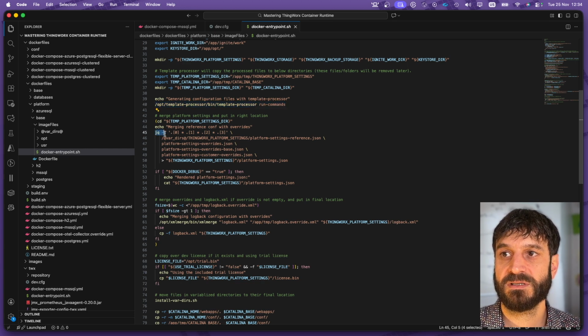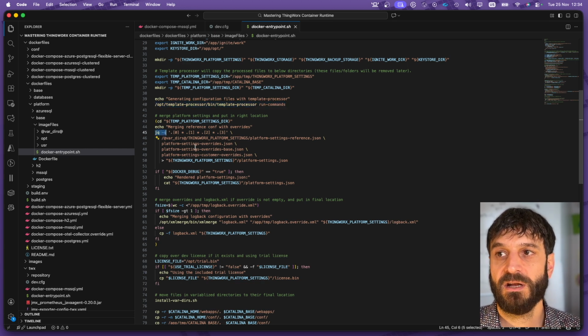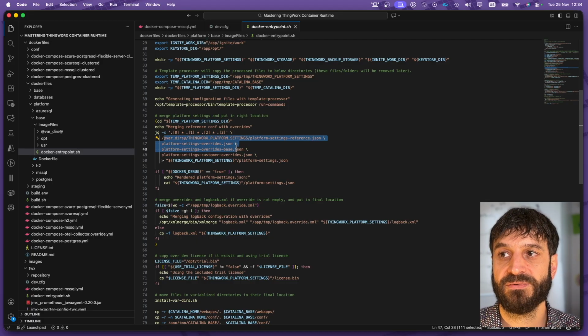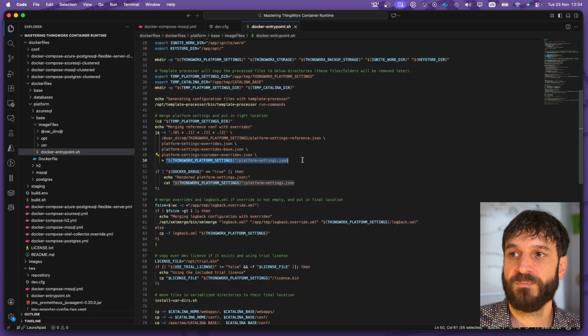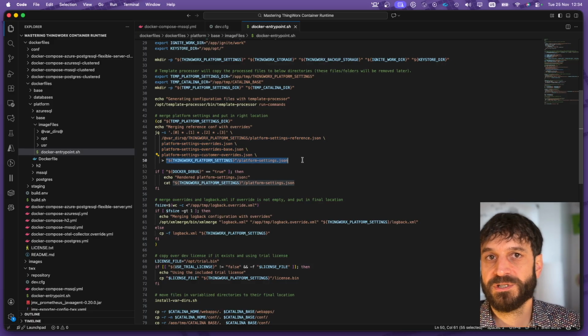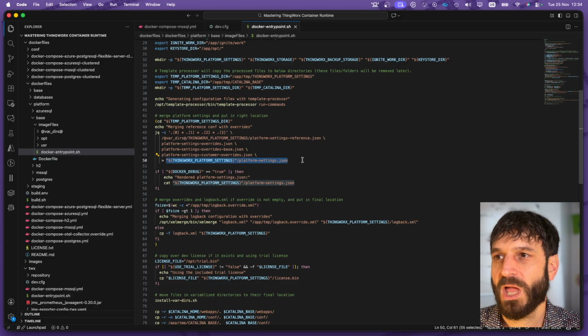And then here there's this jq -s, which is essentially taking these different files as inputs and is going to merge them together, and it's going to redirect them to an output, which is the merge result. If you have ever had the joy of working with this particular process, it can be kind of a nightmare,